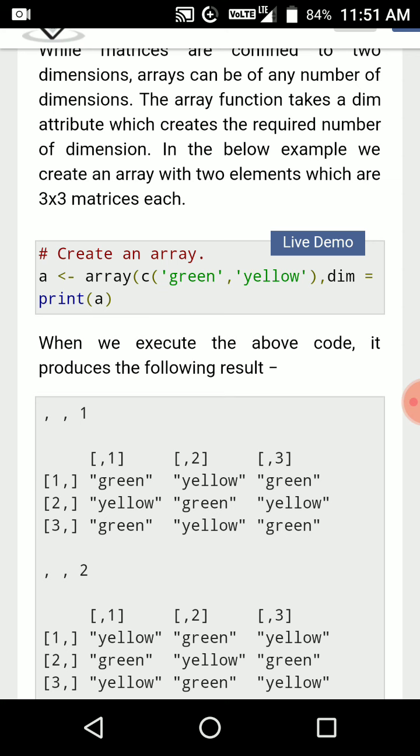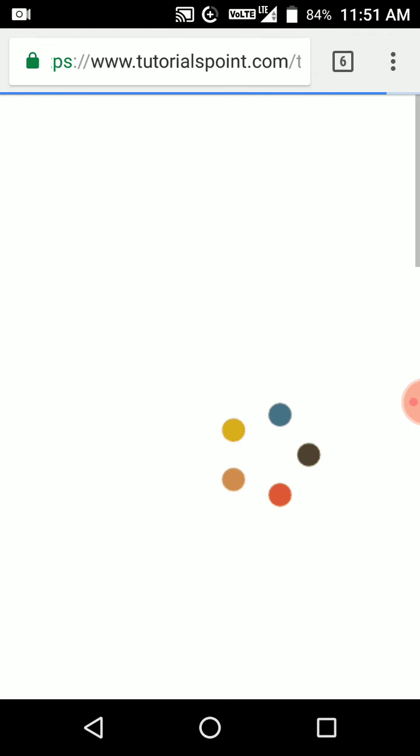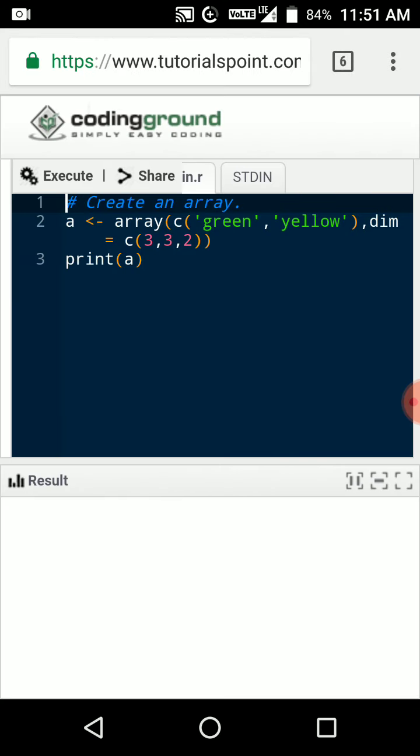For the array, we give some dimensions with the help of the dim parameter. I will show it after executing. A is the array we are creating. The array function is already available in our programming language. In the C function, green and yellow are two different characters.